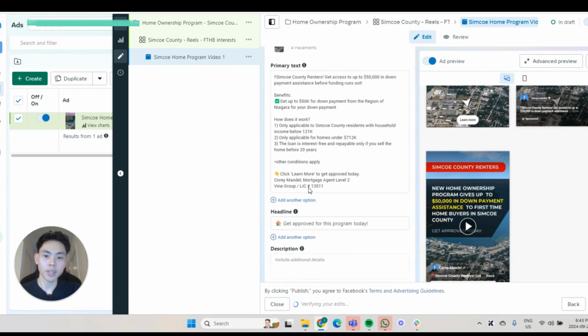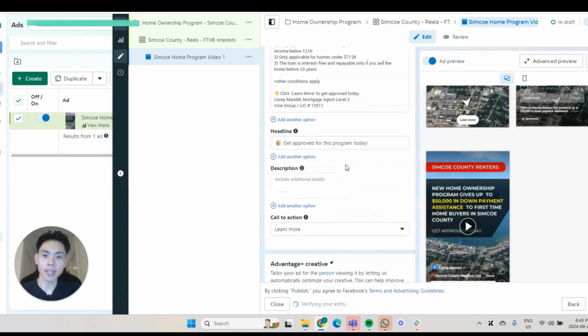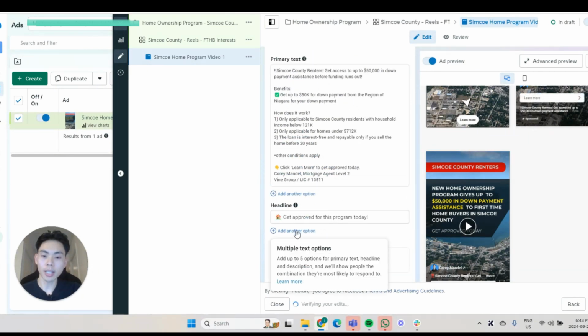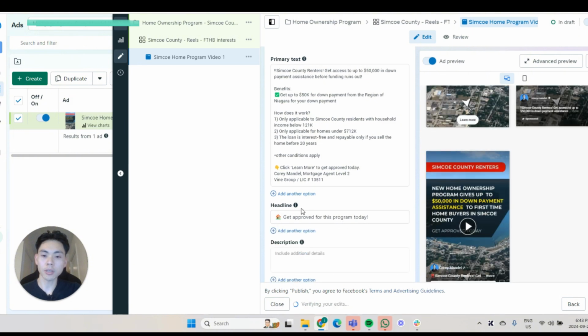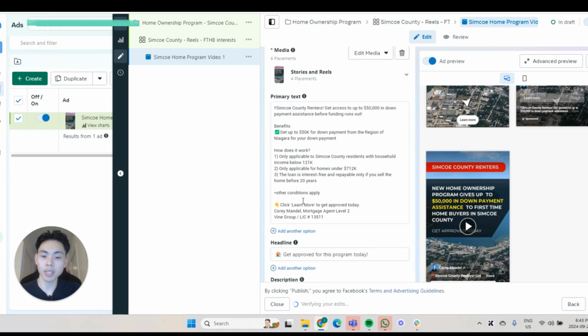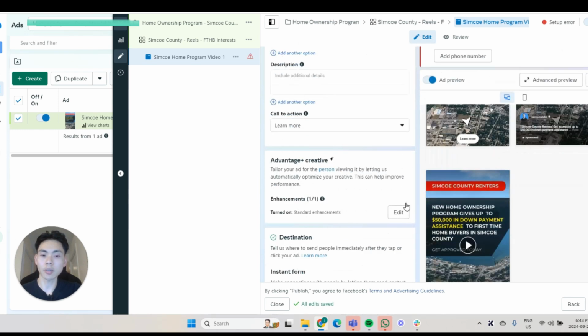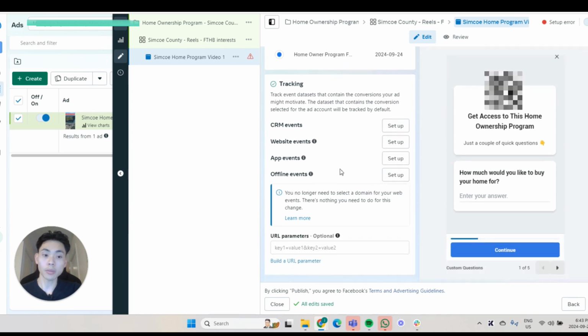You have the image here, you have the text, you have the headline, and one thing to note is you can actually add different headlines just to test. But I've already tried this, so I know this one works. But if you're new, you can test different headlines, you can test different primary text, and let the algorithm decide which one's the best. So now we have our ad set up,